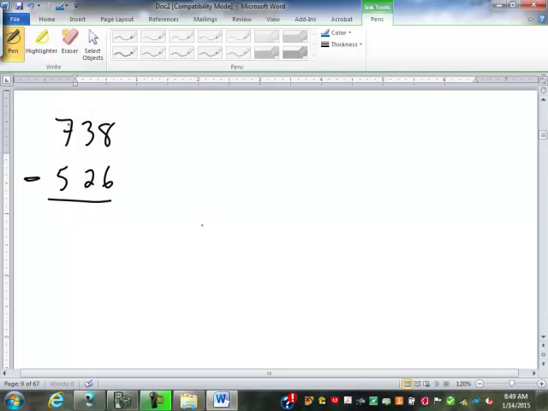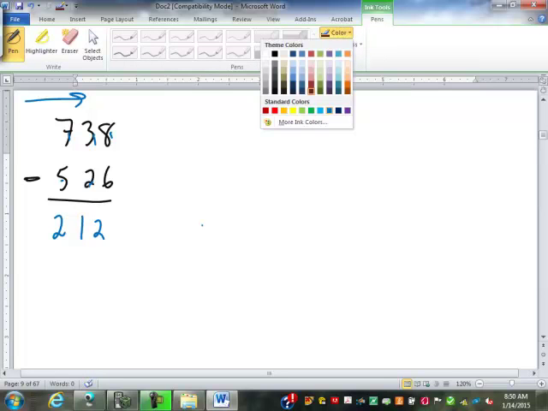And once they're lined up, we subtract. 7 minus 5 is 2, 3 minus 2 is 1, 8 minus 6 is 2. It's 212. Now again, you probably noticed I went left to right. We normally go right to left in case we need to